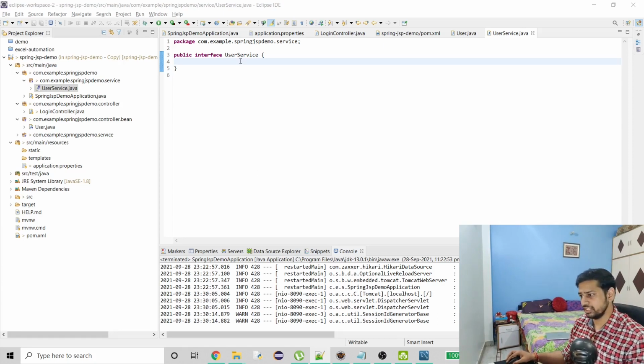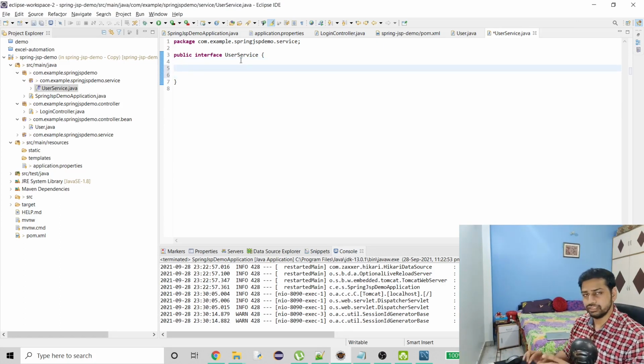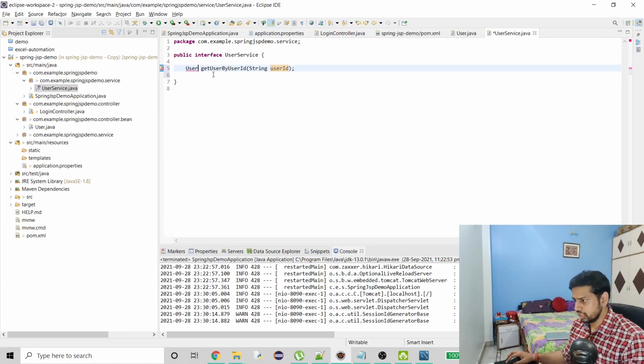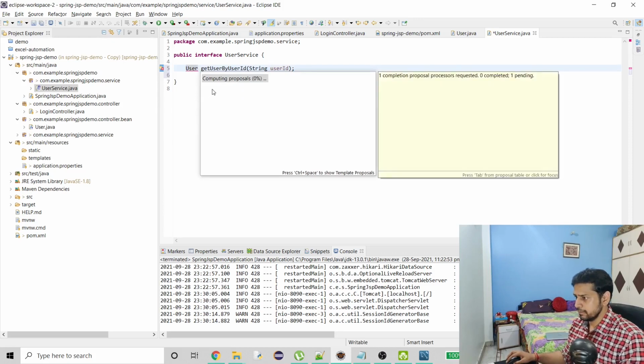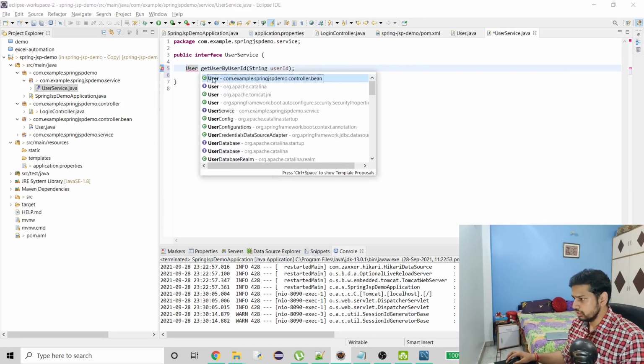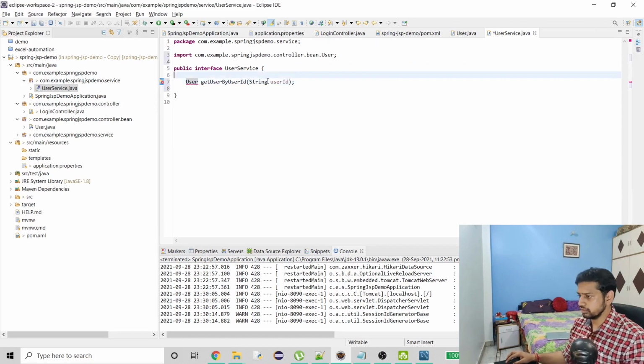So for that we just have to make a method which is ultimately going to execute a query like select star from user where user ID equals admin, stuff like that, right? So it has to return me only one row. That's why I have to use user here as an object, and that's why we created this bean. And here I'll just do get user by user ID, and here I will pass user ID. I have to import user.